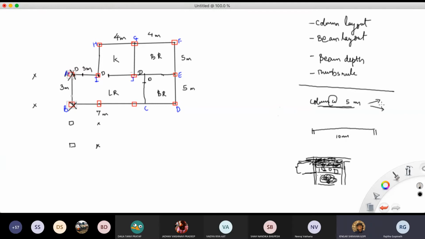1:12. Okay. ये आपको IDS में बताया था? हाँ. Like it was told that if you have a 3 meter span, just take the depth as 30 centimeters. किसने बताया था? Sorry. It was told by our TAs that if you are having difficulty in beam column arrangement, if the span is 3 meters, take the beam depth as 30 centimeters.